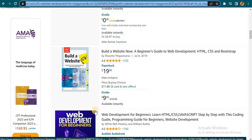Okay, so you can make money from teaching people how to create their account on Amazon KDP, and you can also make money from showing people how to use Canva for their designs, and you can also get paid for doing those designs for people using Canva. Okay, now another thing you can get paid for is keyword research,